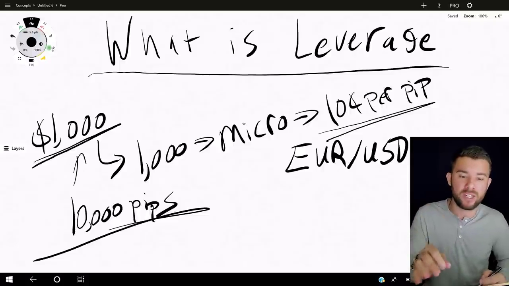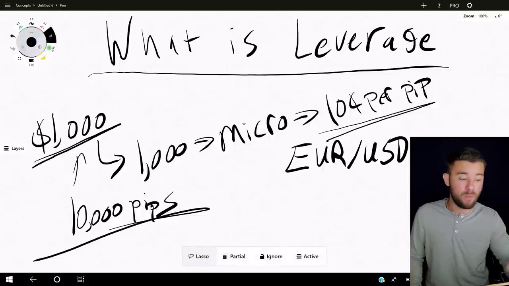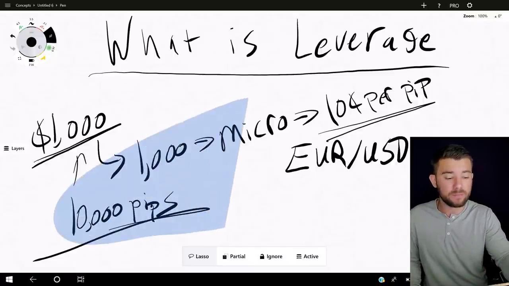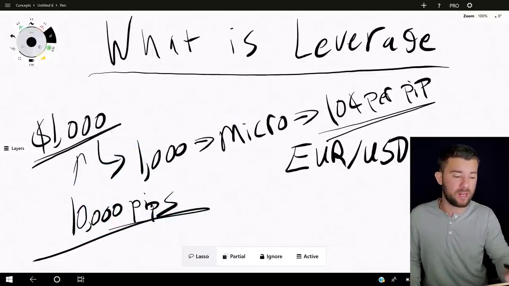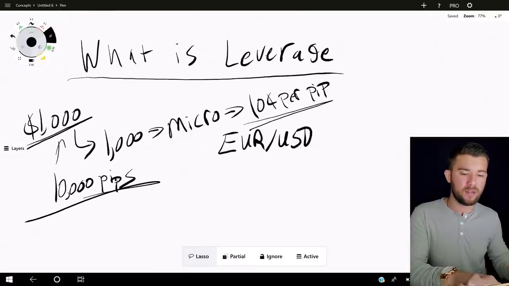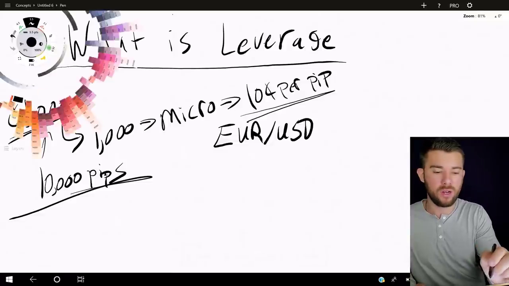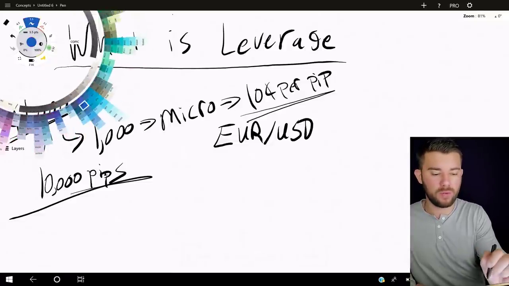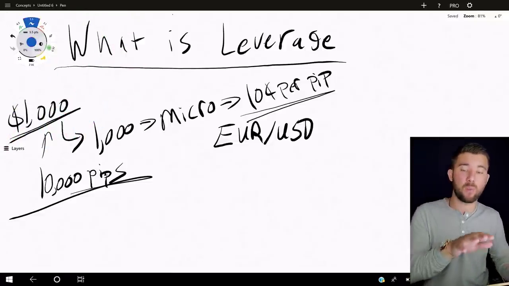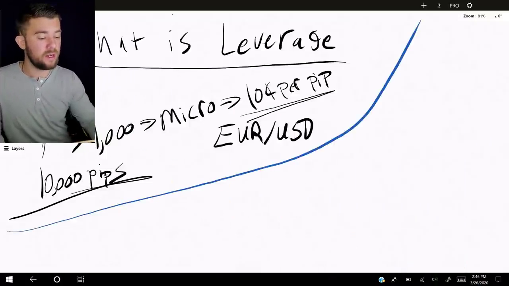Here's where leverage actually can really hurt you, because let's take this same $1,000. And we'll actually keep all of this on the screen. Sorry if it gets a little messy here, guys. I'll color this a different color to make it a little bit easier. Let's go with blue. I like blue. So we have this $1,000 account, but now, separate this. Now you have your